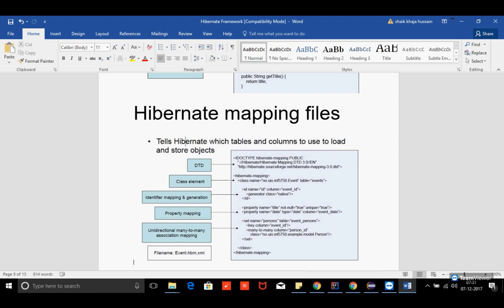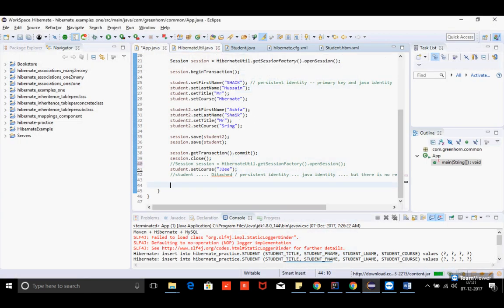So my class name is Event here. In the table name I want to give Event or something, Event table you can give also. So you can even specify schema names by using the catalog option. I will tell you here. In our case,